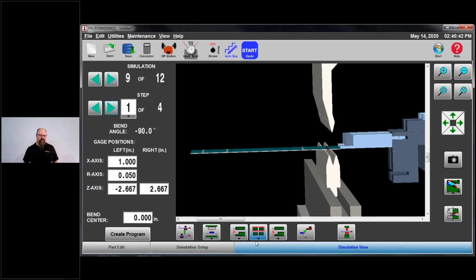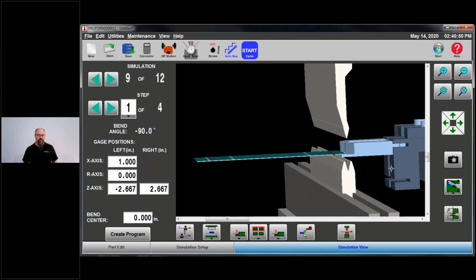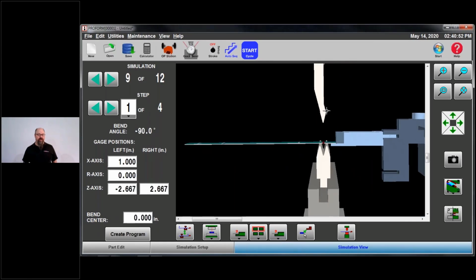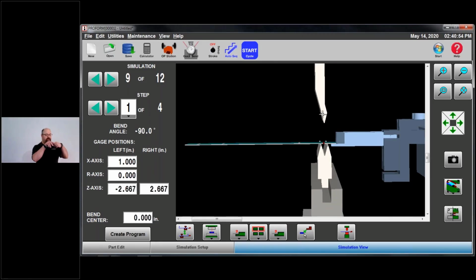Since I'm using a step finger, gauge point 1 is indicating the edge of the finger itself. I'm going to go to gauge point 2, and you'll notice both fingers came down and underneath. So that not only gives me a gauge point, but it gives me a rest for where that part is going to be. So I can gauge against the block, and then I can rest it on the actual step of the finger. So that's good.